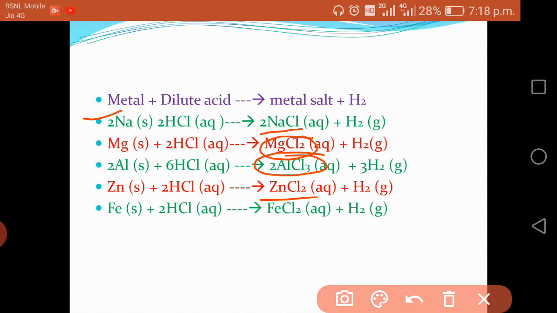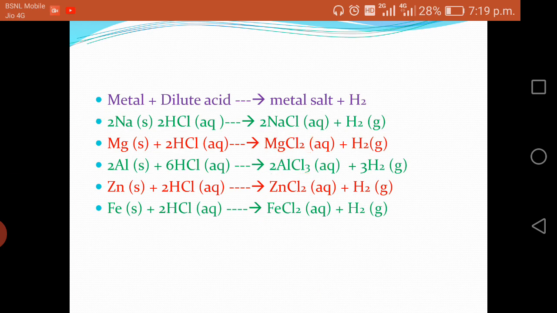Then we can also see the reaction of iron reacting with the cold dilute hydrochloric acid to give hydrogen gas. The reaction is slow because in the cold dilute hydrochloric acid it reacts very slowly. So this shows that the iron is less reactive than the zinc, and it forms iron(II) chloride. The oxidation state of iron is +2 here. Now let's see the next clip.